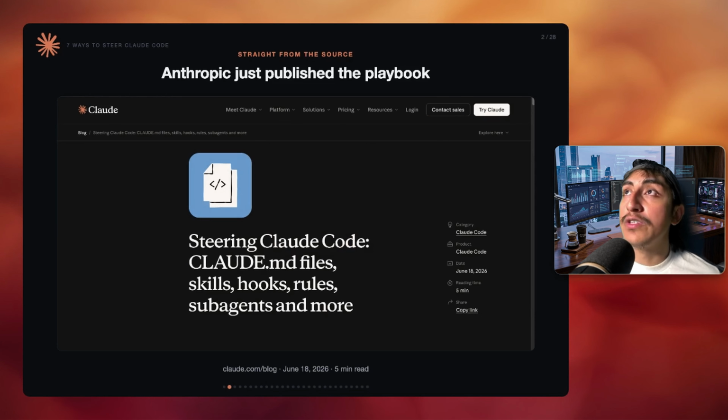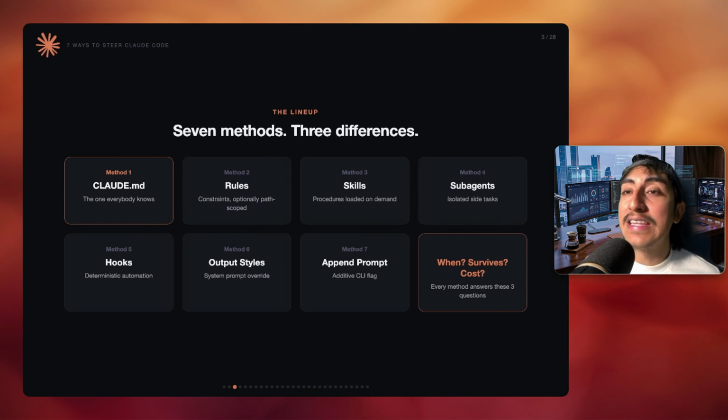Anthropic just published the official breakdown of how to steer Claude Code. This is straight from Anthropic themselves, and I will link it in the description below. There are 7 distinct ways of how you can give Claude Code instructions. Each one differs in 3 ways: when it loads into the context, whether it survives long sessions, and how much